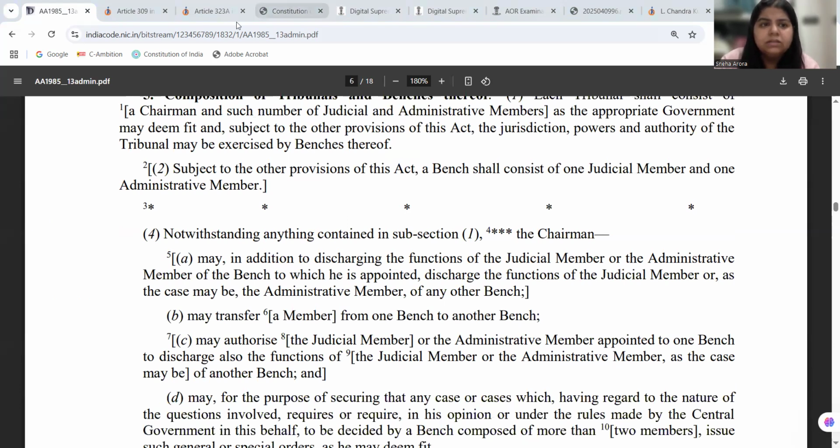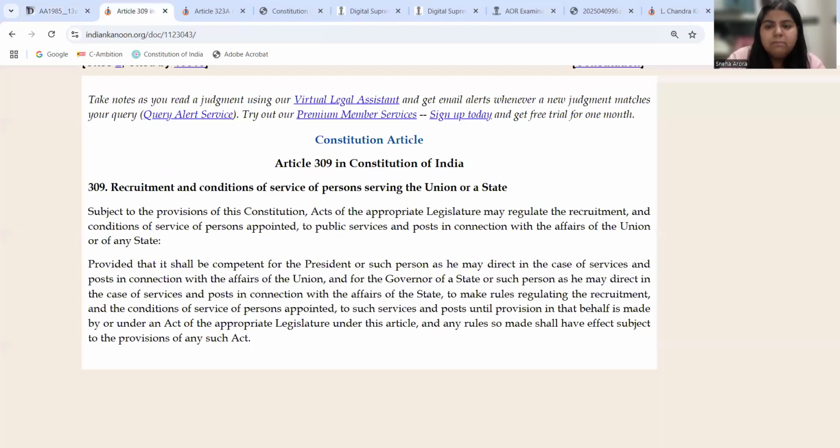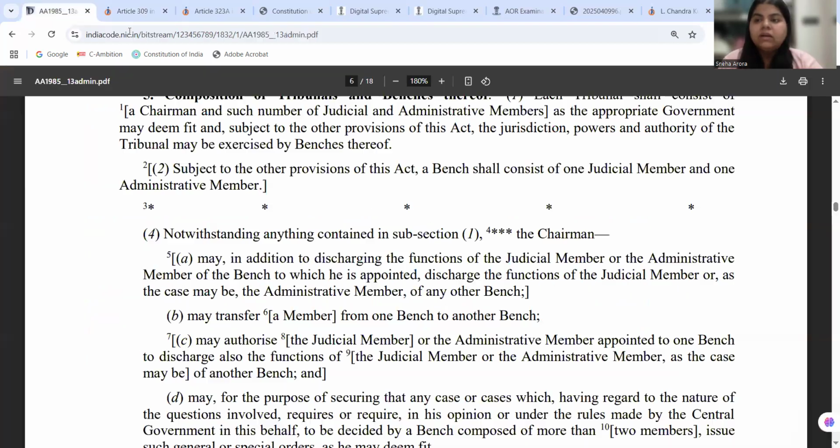So basically, Article 309 is saying that the appropriate legislature may regulate the recruitment and conditions of service of persons appointed to public services and posts in connection with the affairs of the Union government. Now, Article 309 is giving the power to the appropriate legislature to legislate how recruitment will happen, the conditions of employment of public service members, etc. Now, it was decided in this case as well that